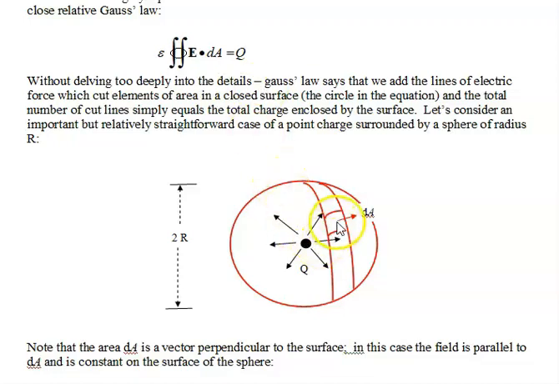In this case, they are always parallel because the element on the surface points out, and the electric field points out. So this is just multiplying the electric field by the element of area dA. And since the electric field is constant around a sphere, we can pull the E out,